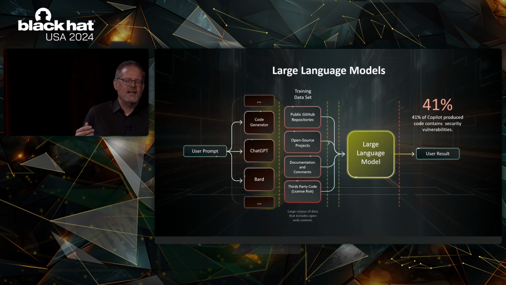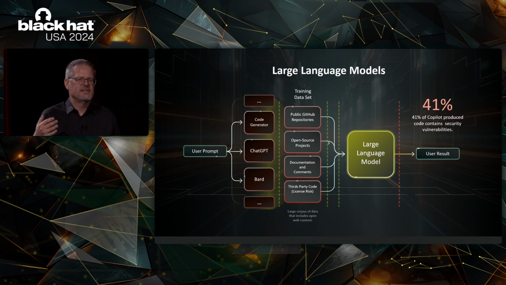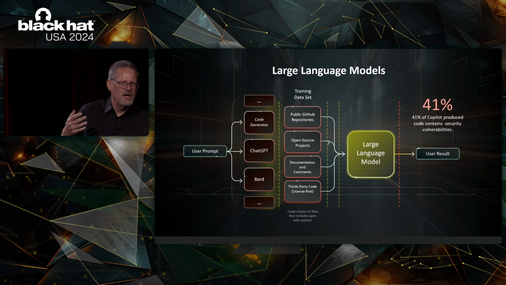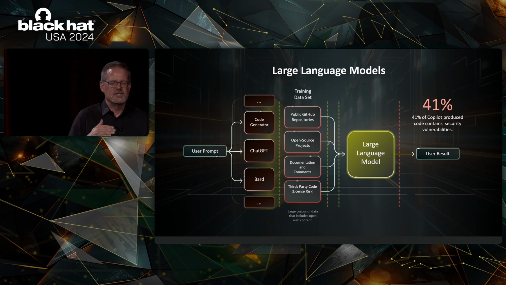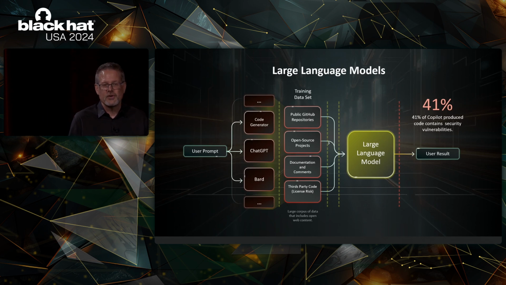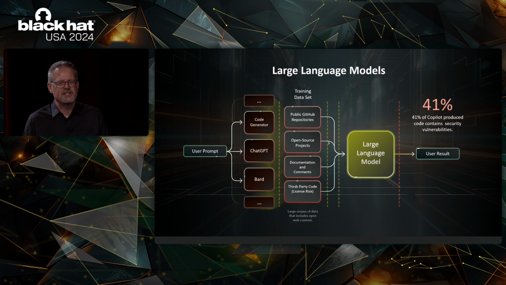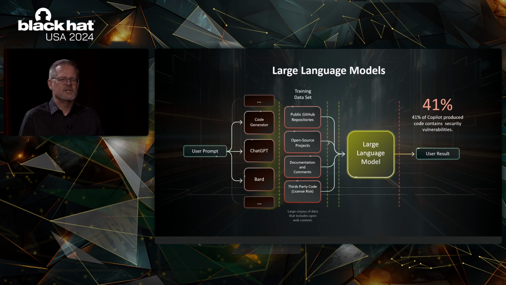So if you look at how LLMs are being used or being created, there's lots of data sources that are being scraped in order to generate the LLM's understanding of how to write code in lots of different languages. And there's lots of LLMs out there. There's dozens of LLMs out there, both the big ones that we've all heard of, like Copilot and ChatGPT. There's other LLMs out there, Gemini, Code Whisperer from Amazon.